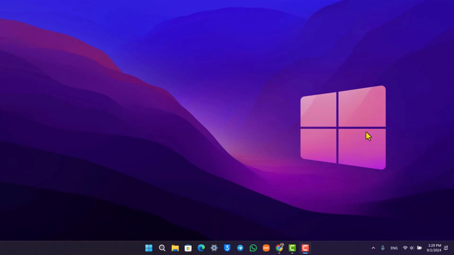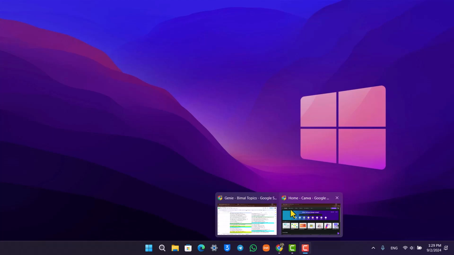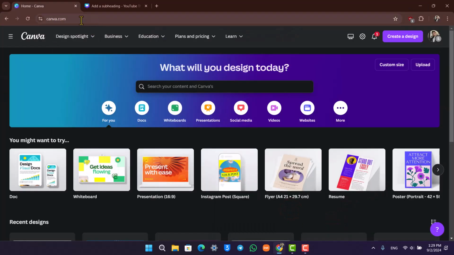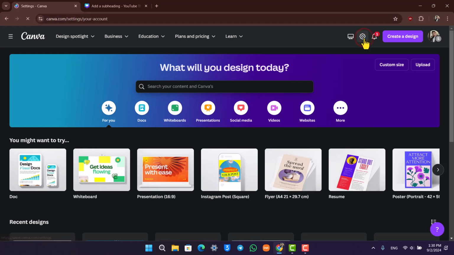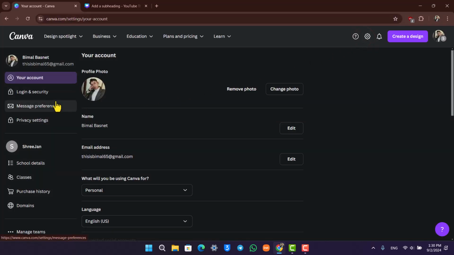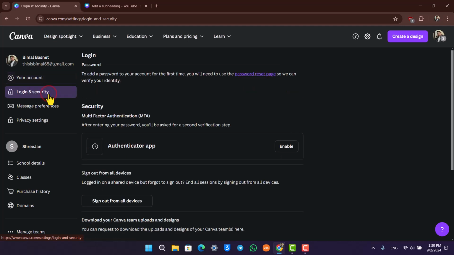Basically, all you have to do is first of all open up your browser. Then once you open your browser, go to the canva.com homepage and log into the account that you might want to delete. Once you've done that, you can see the settings icon right there. And once you click on the settings icon, on the left hand side, you want to simply go to login and